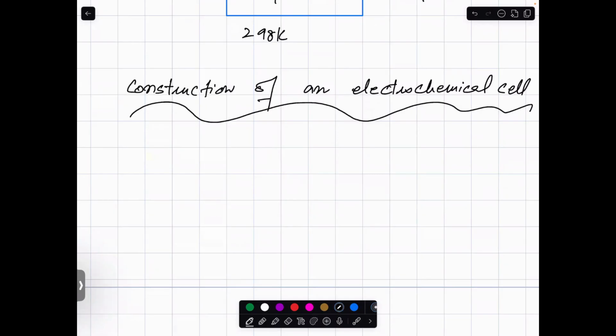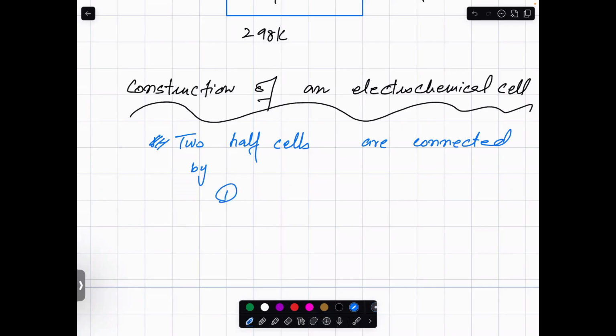A full cell contains what? 2 half cells are connected by salt bridge, connecting wires,